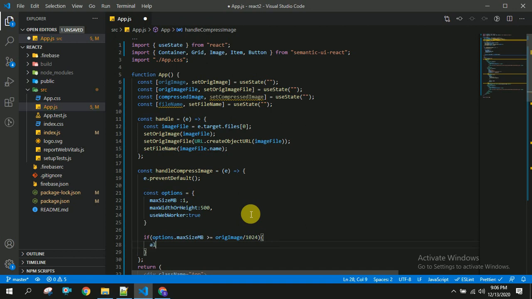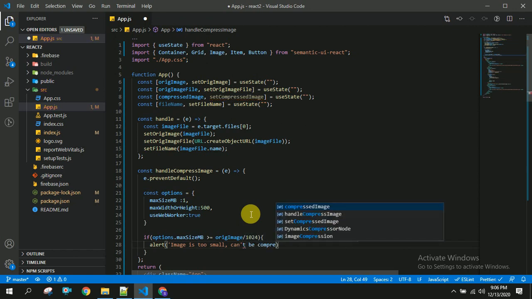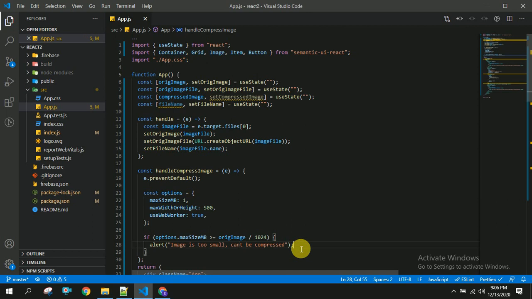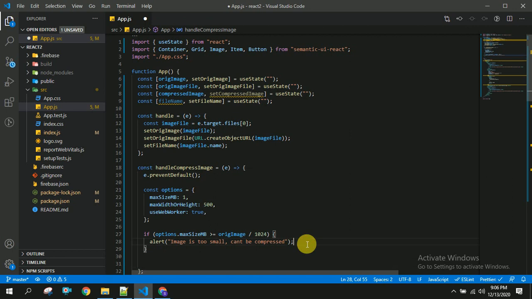So if it is not, then we are going to show the alert like image is too small, it cannot be compressed, like this. So we are going to show some message. So once this is done I am going to save this and I am going to return some 0.